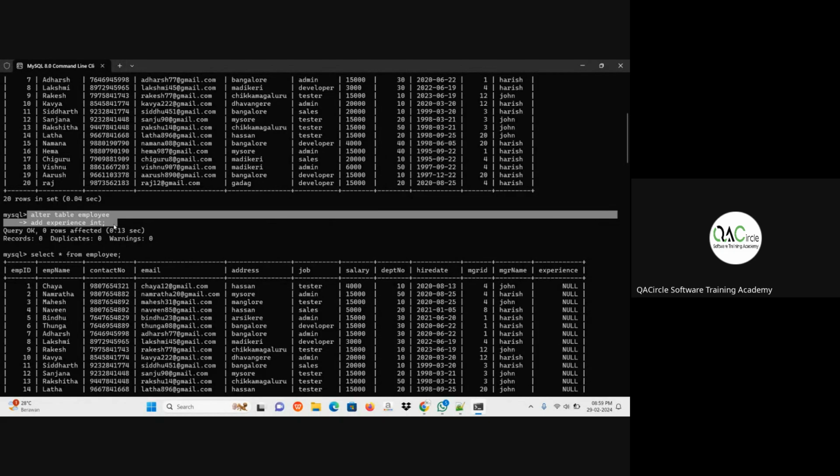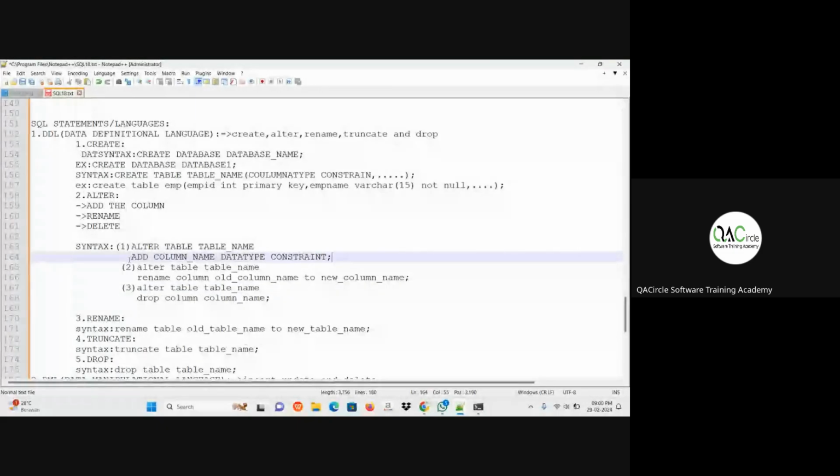Alter table employee, add experience int. Taken? Okay. Next point is rename the column.